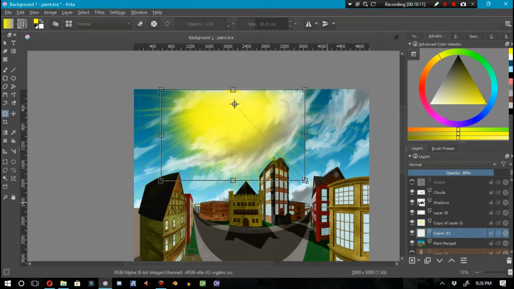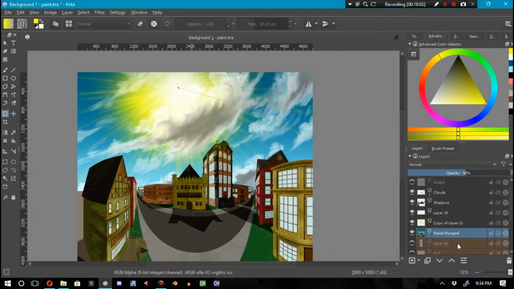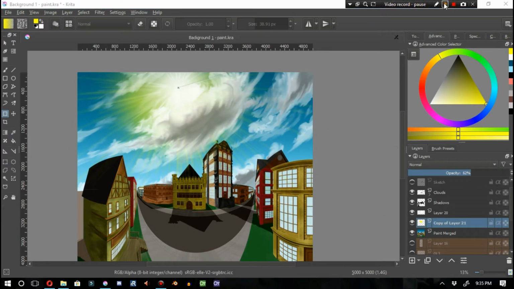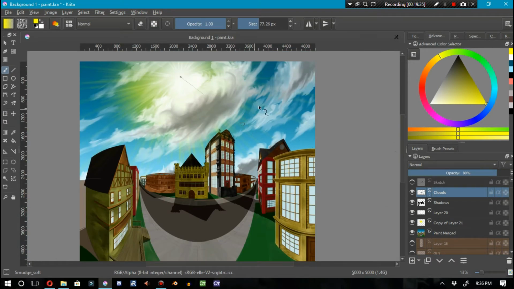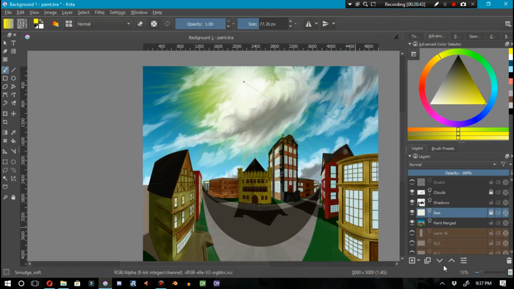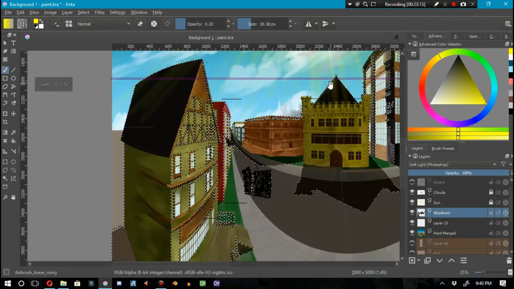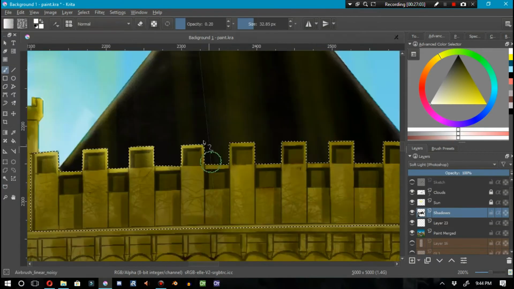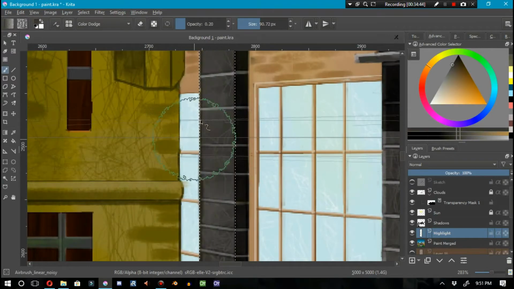Showed this to my friend, and he says, "Well, that sun is a little bit dramatic." I'm like, "What, you want me to make it less crazy?" And he goes, "Yeah, and it's just a little too strong." And I lowered the opacity of the sun. He goes, "Yeah, there, that right there, that's perfect. What did you do? That was a huge change to the image with one click of the mouse." And I said I lowered its opacity, and he's just like, I don't even know what that means, but